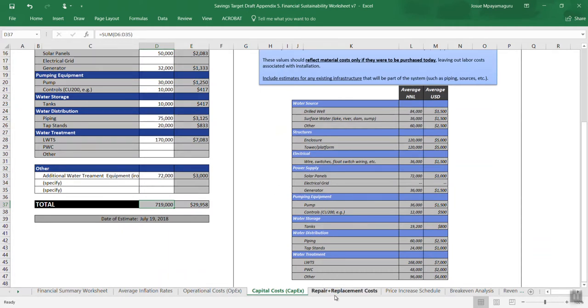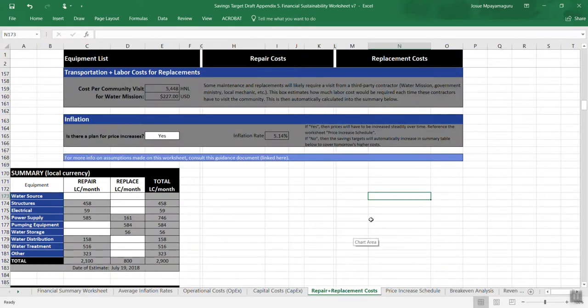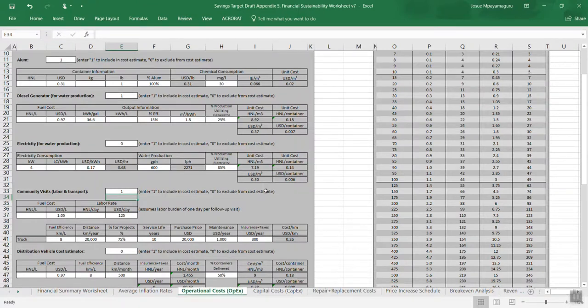So what does that mean instead? Well, I've asked this question here, which is: is there a plan for price increases? Which is an interesting question to ask when we're talking about inflation, because there's this assumption that as the prices of equipment go up, so do all of our operational expenses, but we'd also assume that our prices should increase with inflation as well. So if prices are doubling every 10 to 15 years, why shouldn't the water price also double in that amount